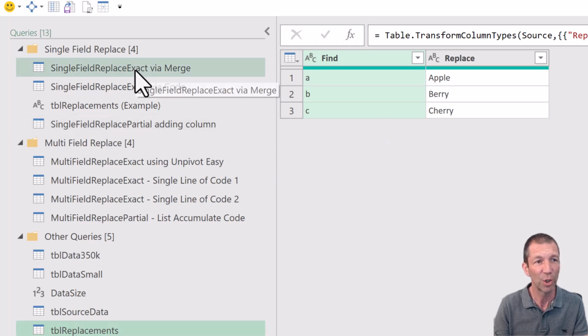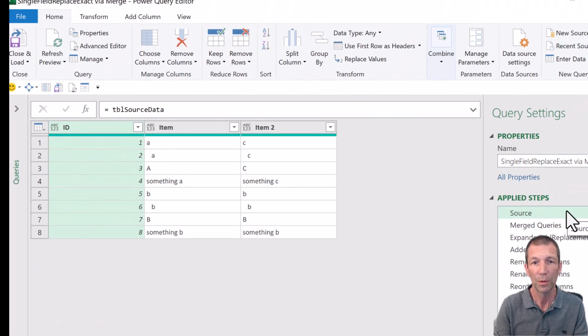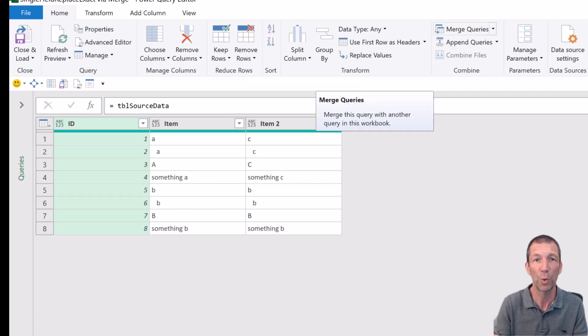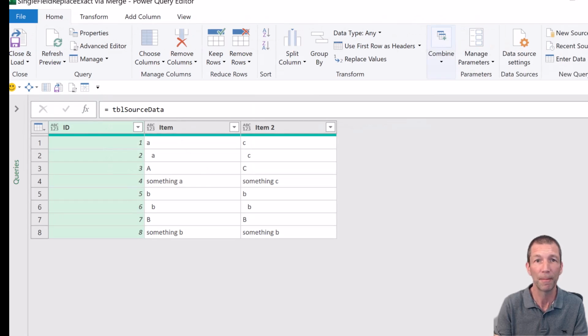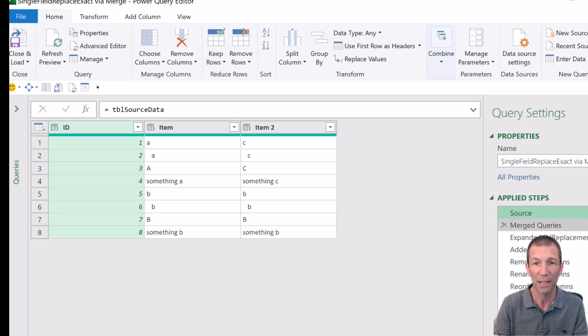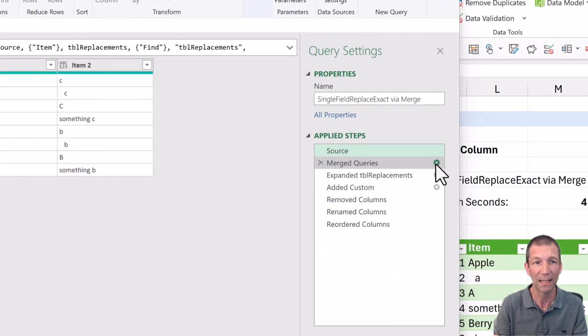So let's just have a look at the merge one. Here's the source step, which is just the 8 rows of data, just for demo purposes to keep things quick. I then did a merge, which is under the Home tab. If you go full screen, this is just Merge Queries, which is this step here. If I click on that,